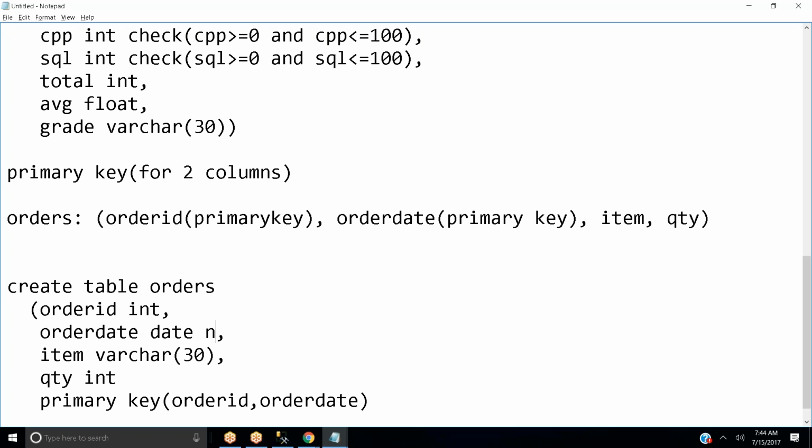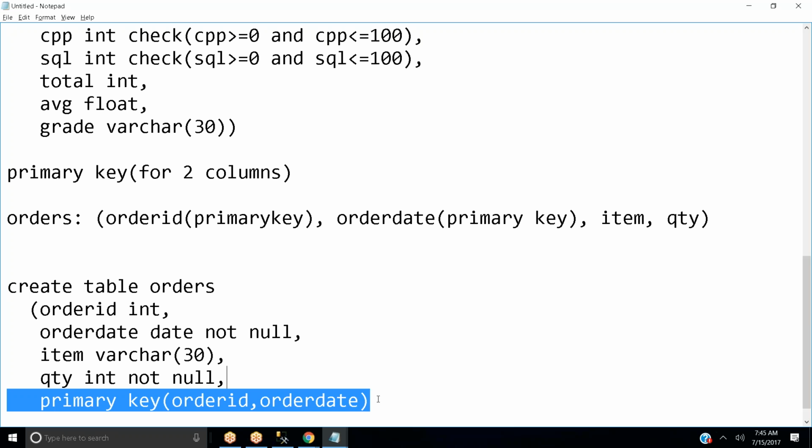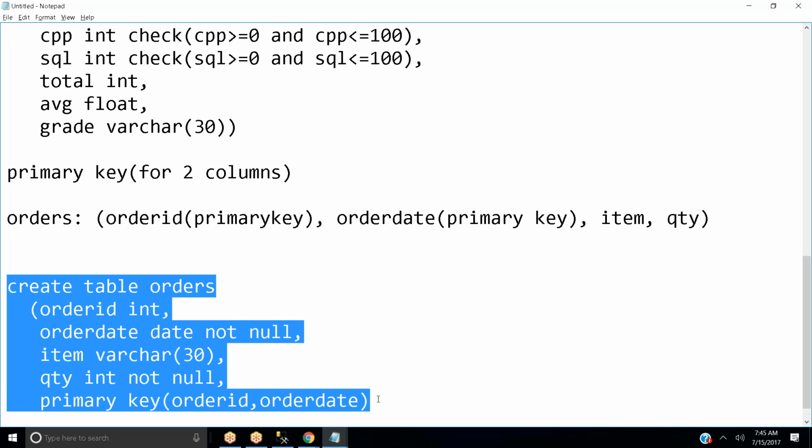Not null. And for item, I don't want to specify anything. And for quantity, in a similar way, I just want to define not null. Now this is how I can create my own table with primary key as a combination of columns. Now we will try to execute.